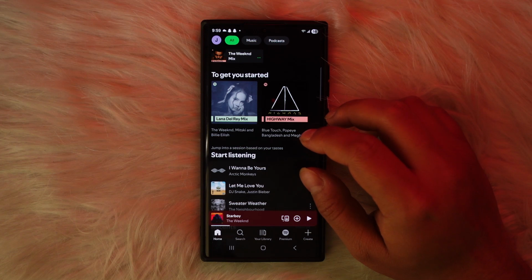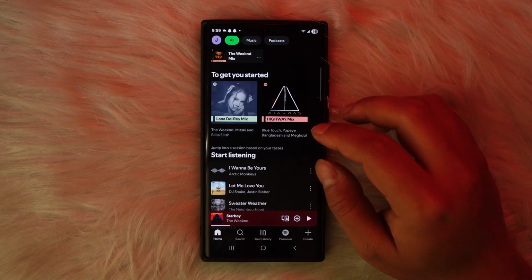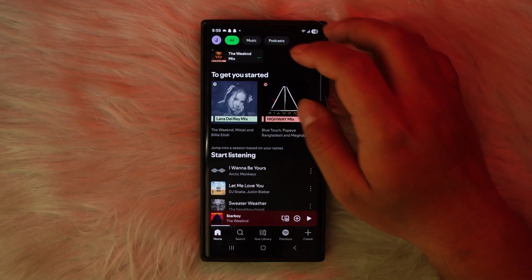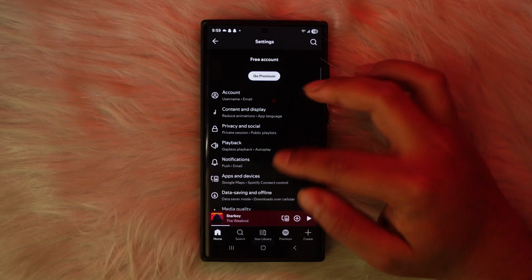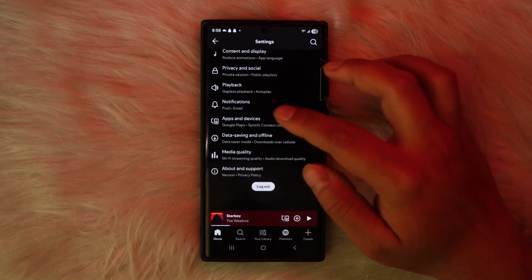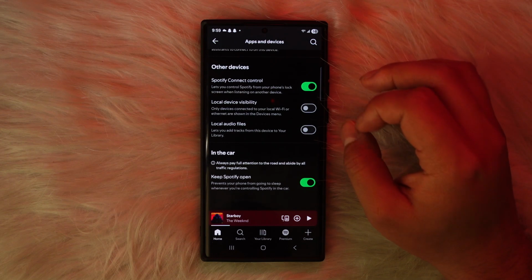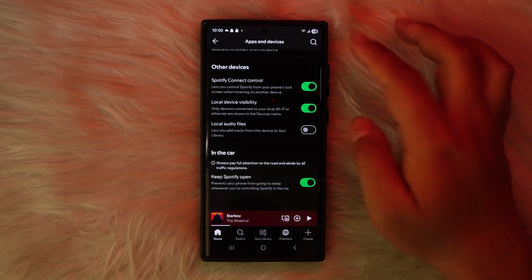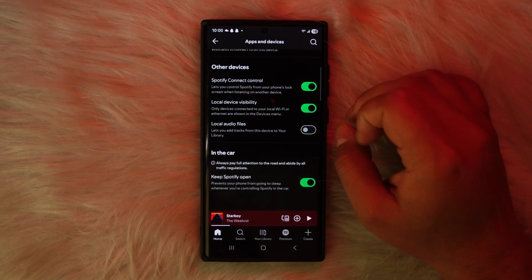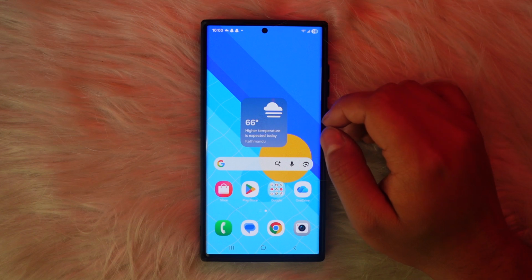Also, make sure that you enable the device visibility inside of your Spotify account. So what you can do is just head over to the settings option and head over to apps and devices. Scroll down and right here you'll see the option which says local device visibility. Make sure that this option is enabled, and once you make sure these two options, you should be able to